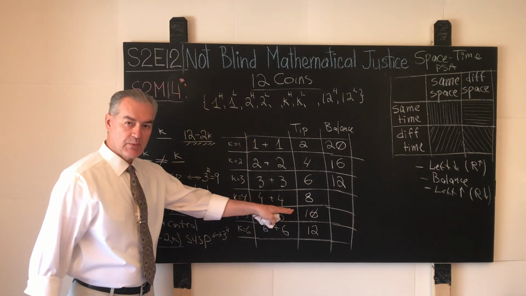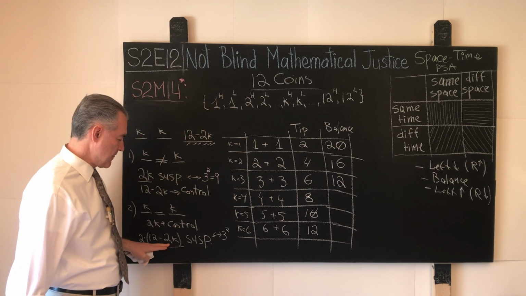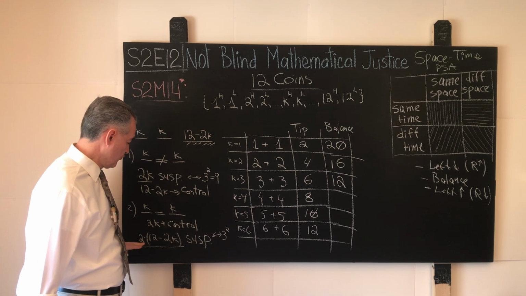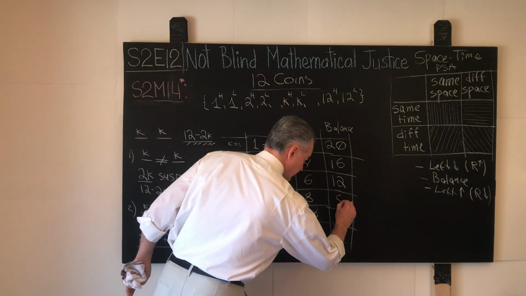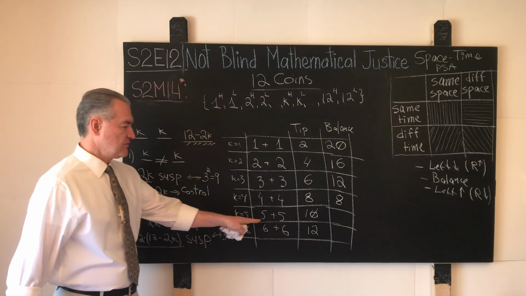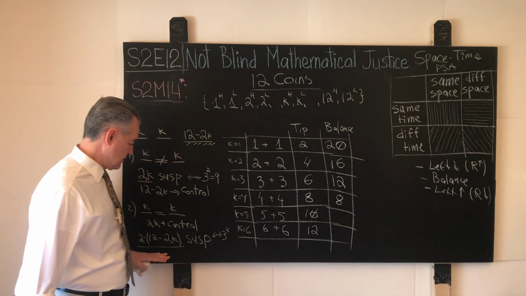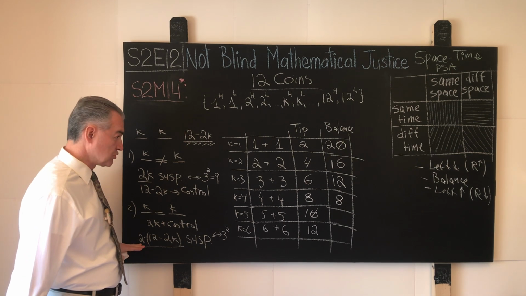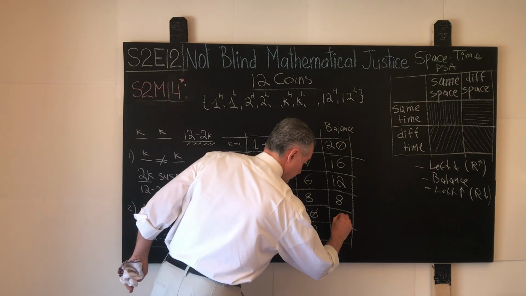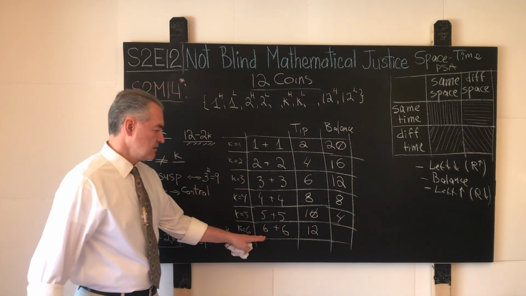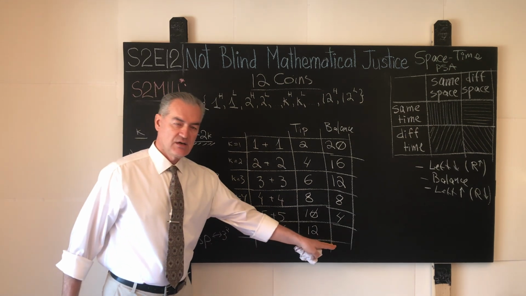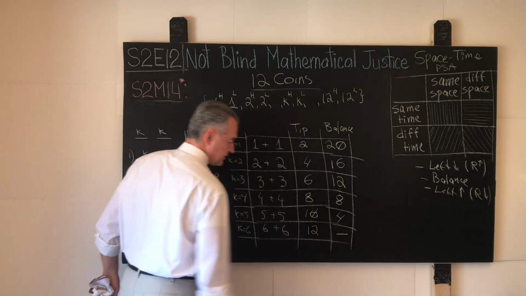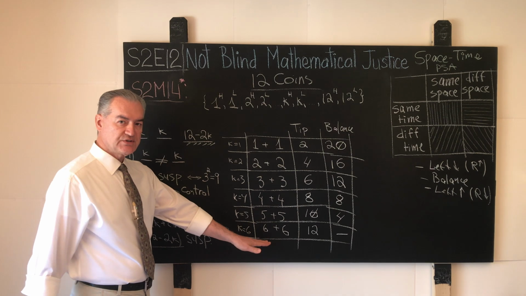In the 4 plus 4 partition case, we need to generate 12 minus 2 times 4, which is 8. 12 minus 8 is 4. 4 times 2 is 8. We need to generate 8 units of information. In the 5 plus 5 partition case, how much information do we need to generate? 12 minus 10, 2. 2 times 2 is 4. We need to generate 4 units of information. And the 6 plus 6 partition case cannot happen with the balancing outcome. This cannot happen because these are all the coins.